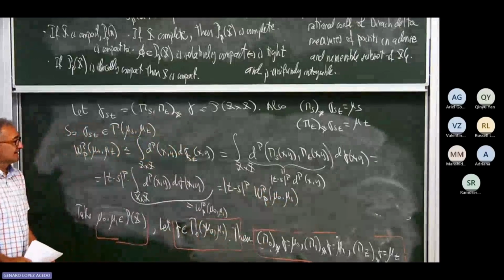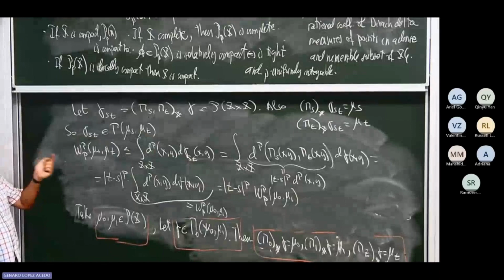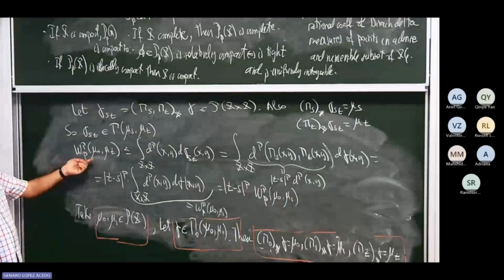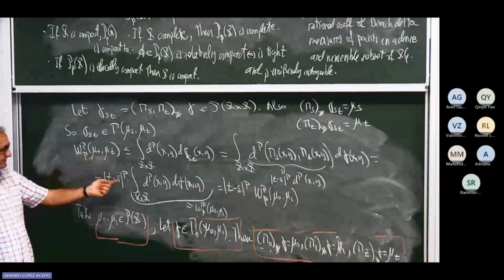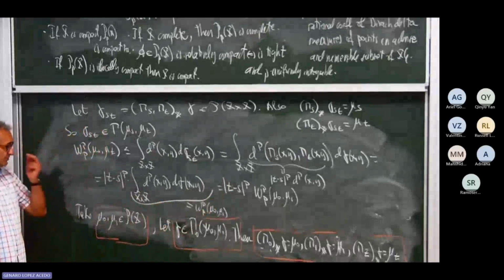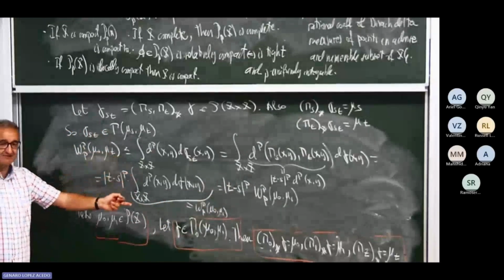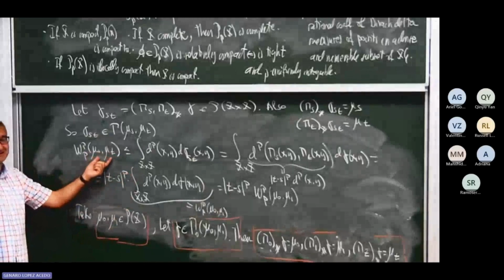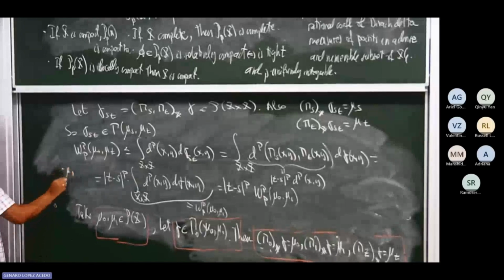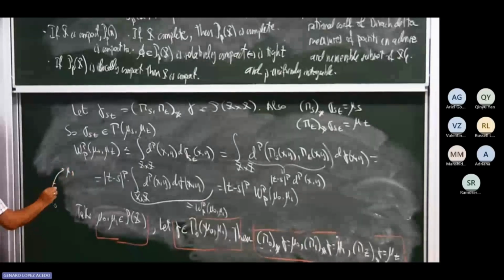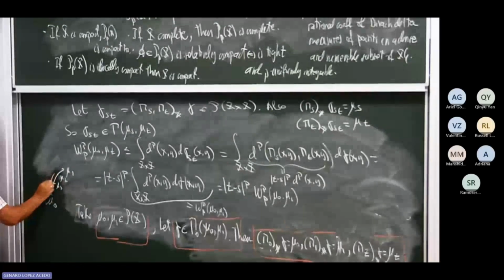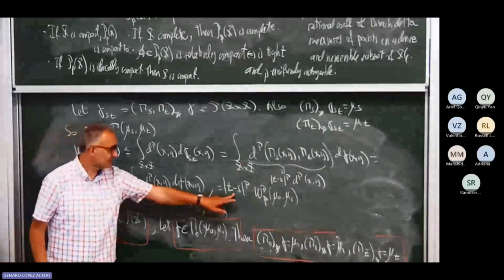Right, and in that way, what we have seen is this relation: the distance between these two measures, these two probabilities, is lower than or equal to this. But actually, what we are looking for is an equality, because it's like two points in the geodesic. This is mu0, this is mu1, this is a geodesic. So if this is mu s and this is mu t, then the distance between these two has to be actually this, right? Has to be t minus s